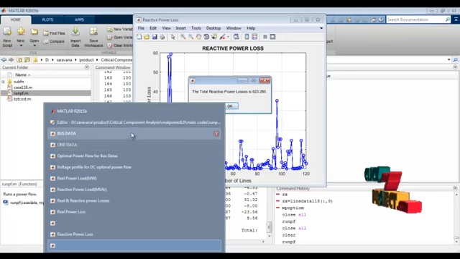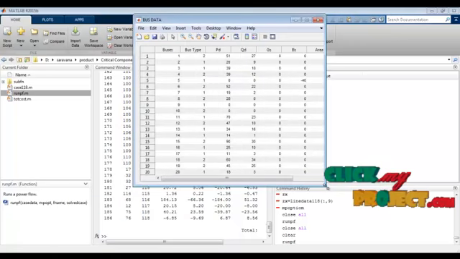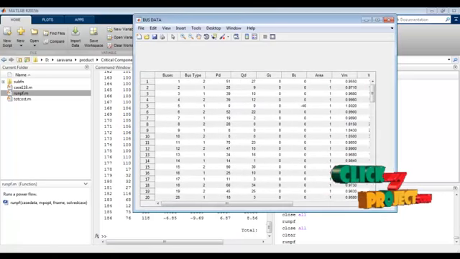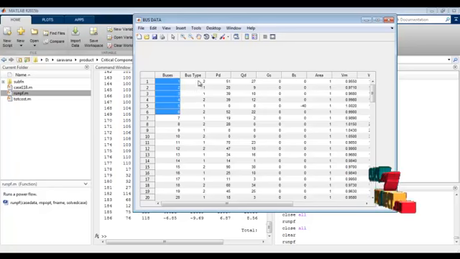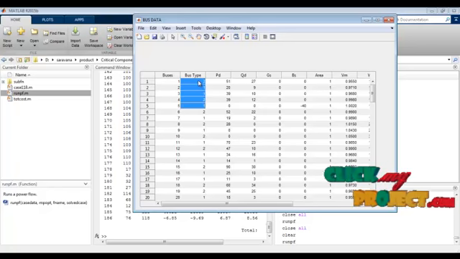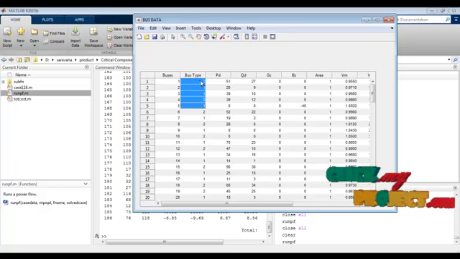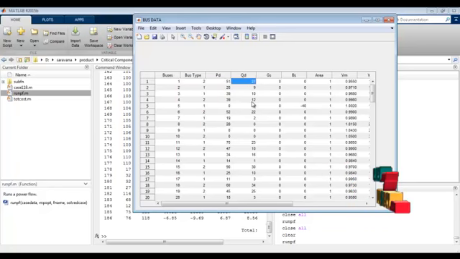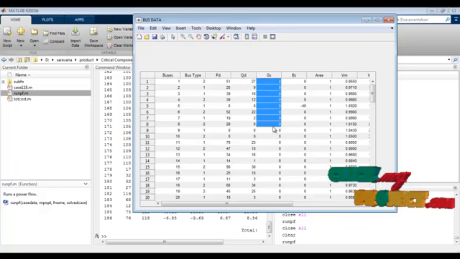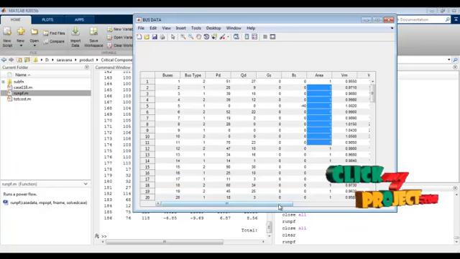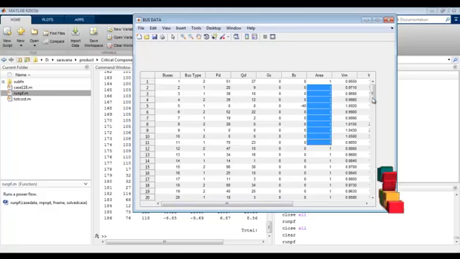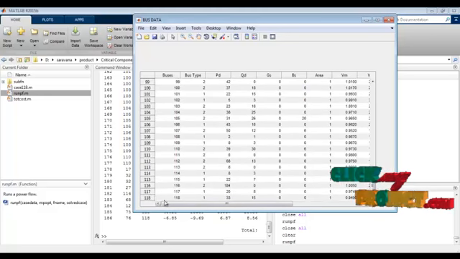And this is our bus data. We have the bus data for the 118 bus system. We can see bus types, using the PV bus or PQ bus. Bus 2 is a PV bus. Bus 1 is a slack bus. Bus number 3 is a PQ bus. And the real power generation, reactive power generation, conductance, susceptance, area, everything is shown in this block. So the 118 bus system is taken.